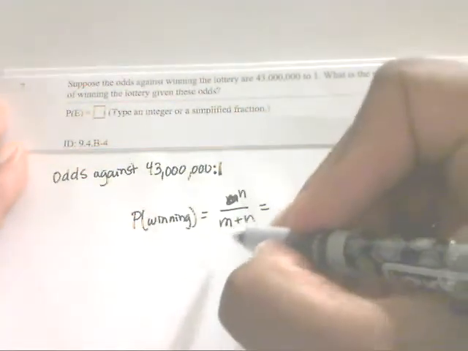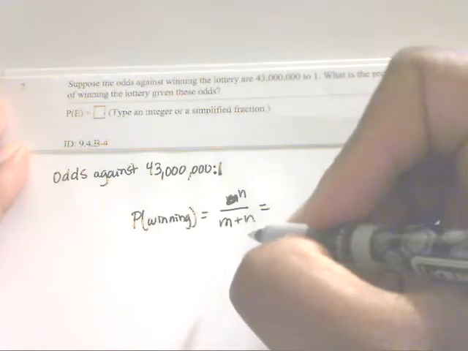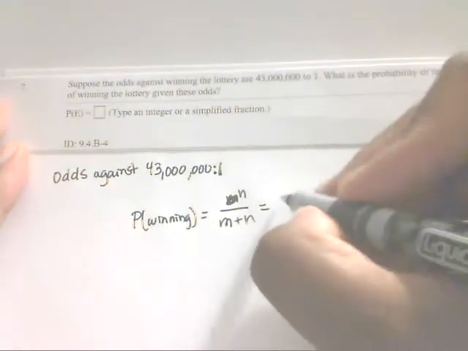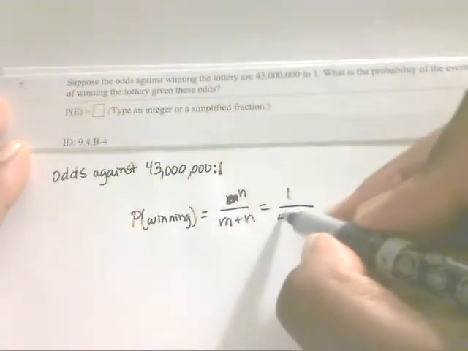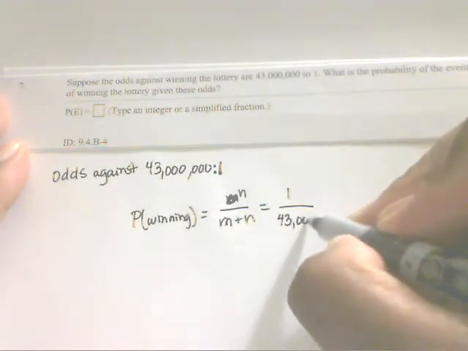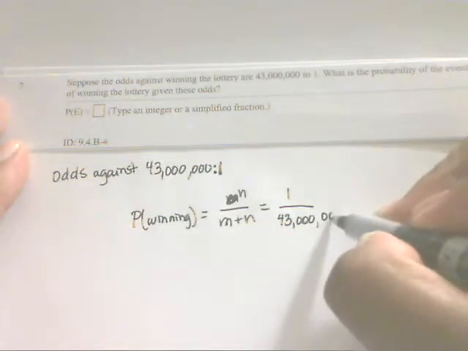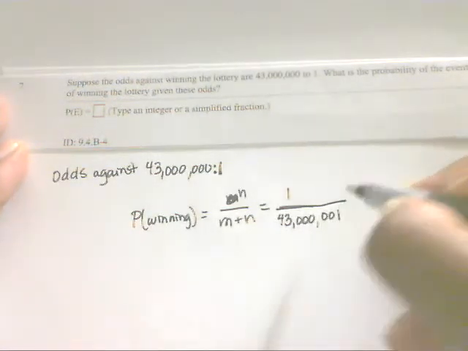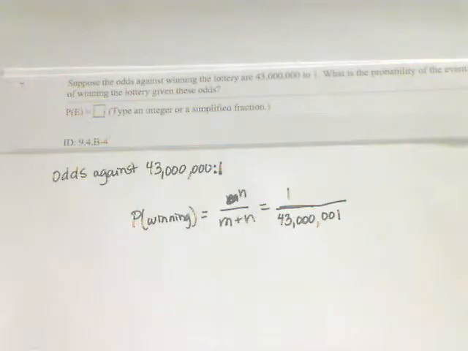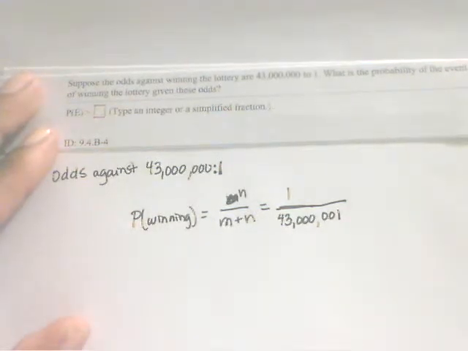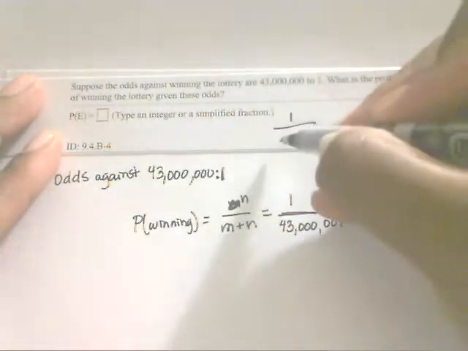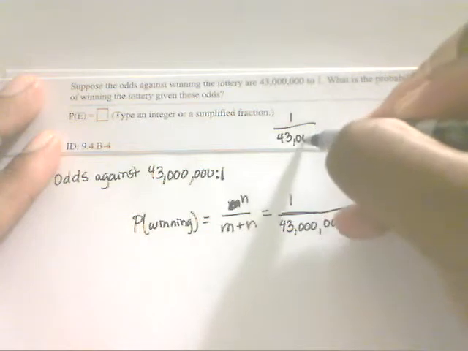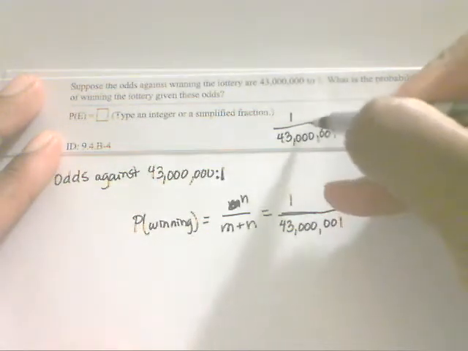N is your numerator, and your denominator is always M plus N. N is the second number, which is 1, divided by the sum of the two, 43 million plus 1, which will be 43 million and 1. Okay, and that's going to be your answer right there. So here the probability of winning the lottery given those particular odds would be 1 over 43 million and 1,